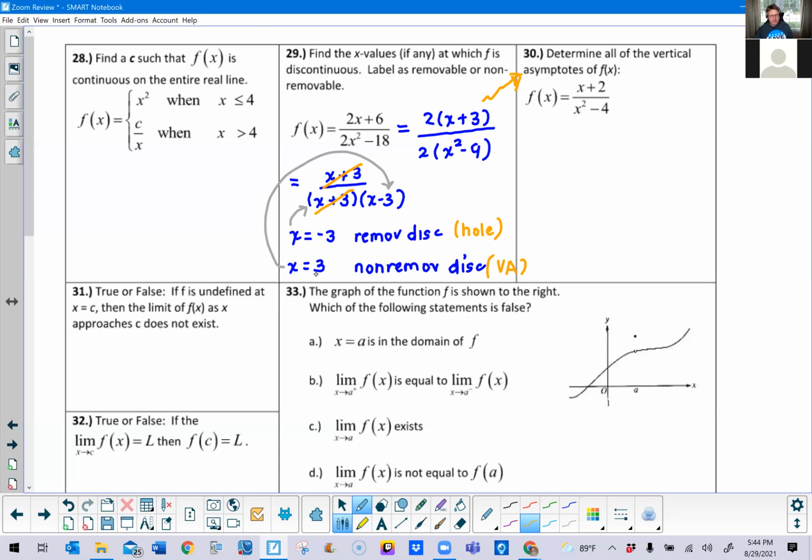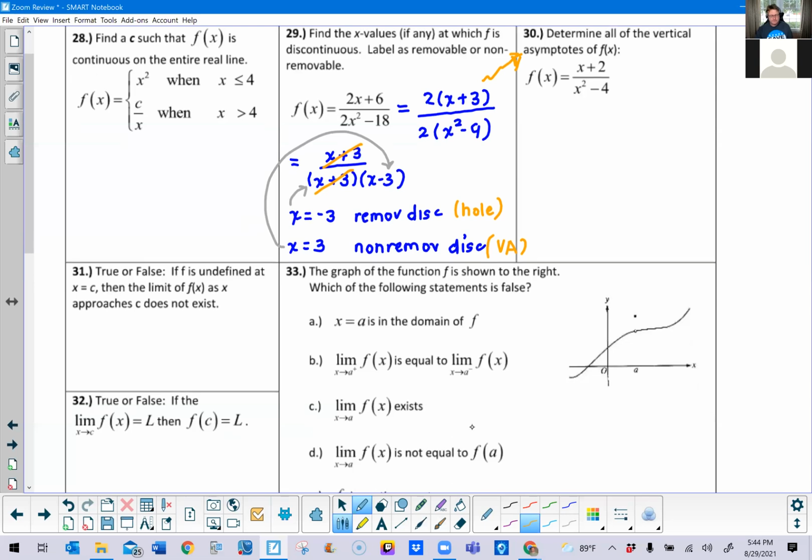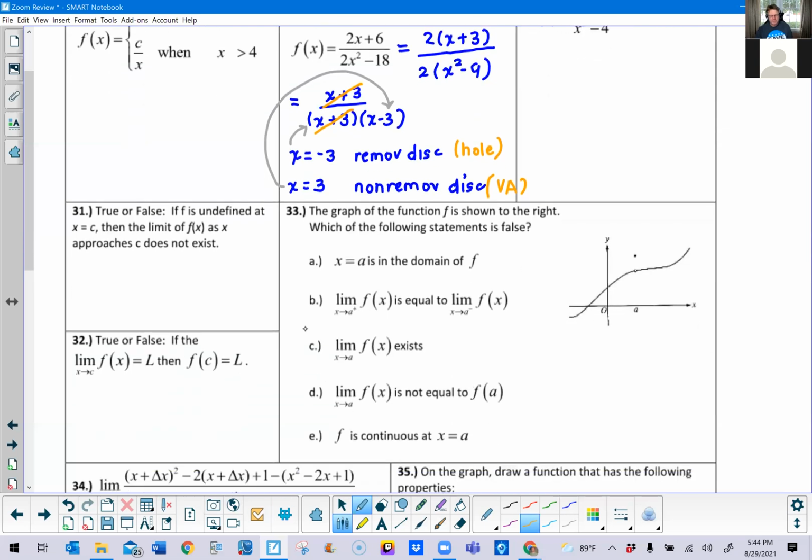Number 33, actually 32 and 33. These are three great little problems. They're kind of like true false types here. In 33, it gives 5 different statements and it asks which of the following statements is false. That is meant to indicate that only one of those answers would be false. One of those answers would be written so that it's saying something that's